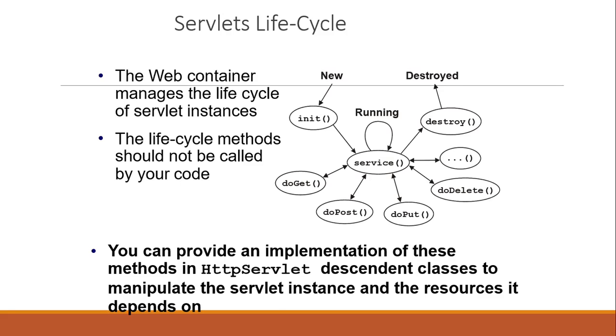Now next, servlet life cycle. What happens in a servlet life cycle? Like the process life cycle, we similarly have a servlet life cycle. New and destroyed. New means we are getting a new process, and destroyed means the process is going to be destroyed. The init method is going to be used, then doGet, doPost, doPut, doDelete. I've already told you about the services. What services are possible in the servlet life cycle? And next is the destroy method, meaning to remove the servlet from there.